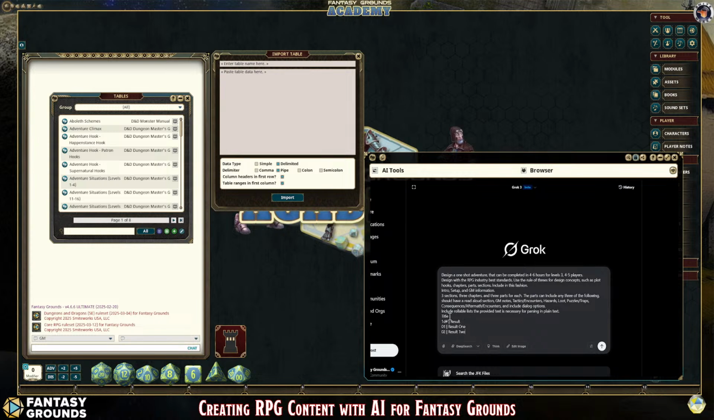So this is just the basics of how I want the table formatted, the text to come out. And it's not going to give me a bunch of them necessarily. If it fits in the context of the adventure, such as plot hooks, rumors, treasure table, whatever it decides, it's going to give me that. And then I have